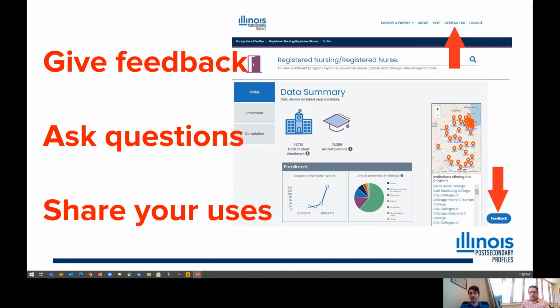And we're definitely looking at this point in time for how users are currently engaging with the site and what are current use cases for some of those stakeholder groups. Again, where the profiles are in their development, it's really an opportune time for users to share their feedback, to share their uses, because that information will help our team better create and develop a resource that's of value to stakeholders.